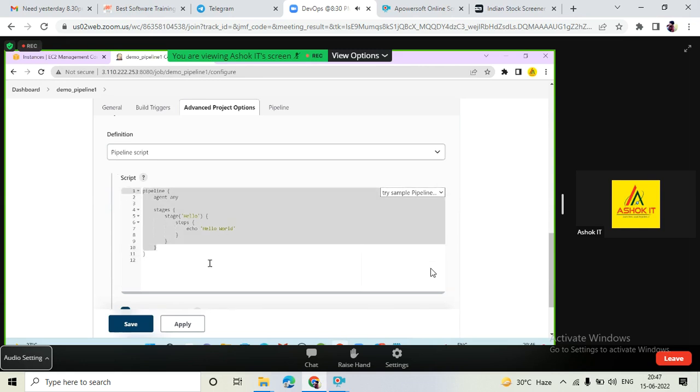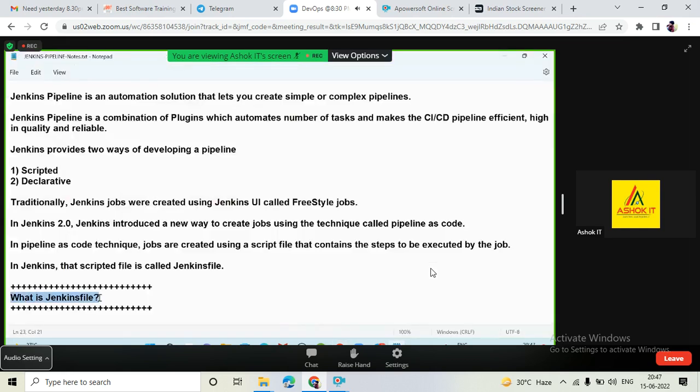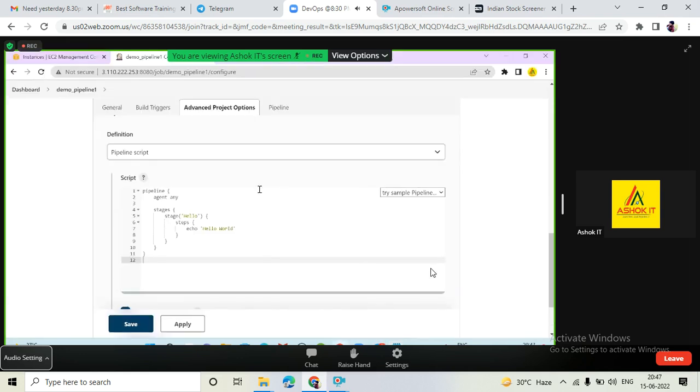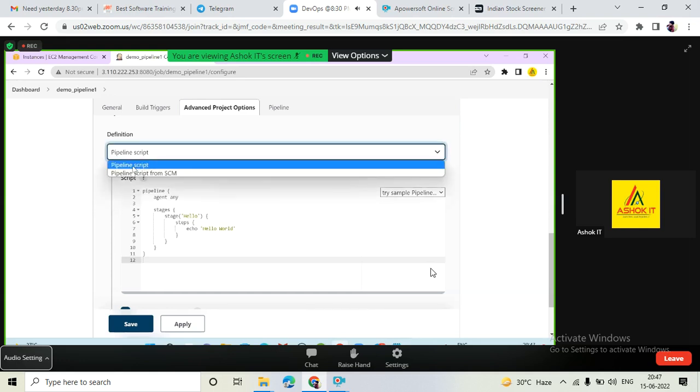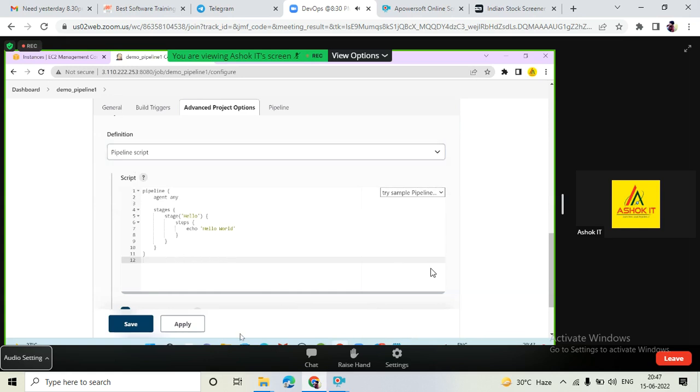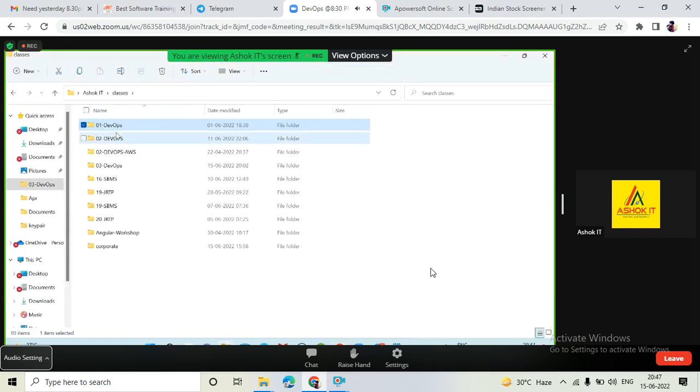But I don't want to write the pipelines like this. I want to keep a pipeline in one file and use the pipeline script from that file. That's where the Jenkinsfile comes into the picture. For every project, we can keep one Jenkinsfile. In the Jenkinsfile, we can keep our pipeline script. So when you are creating a pipeline, if you want to write the script here, you can go for the pipeline script option. For example, if your project already has a Jenkinsfile,